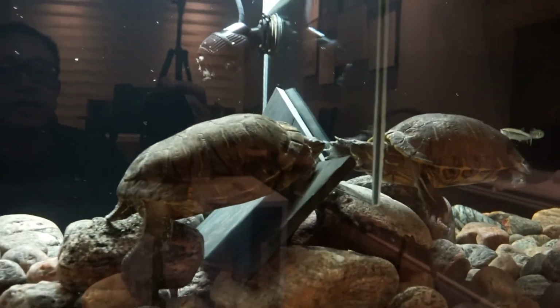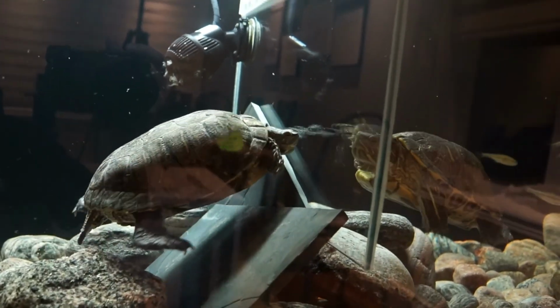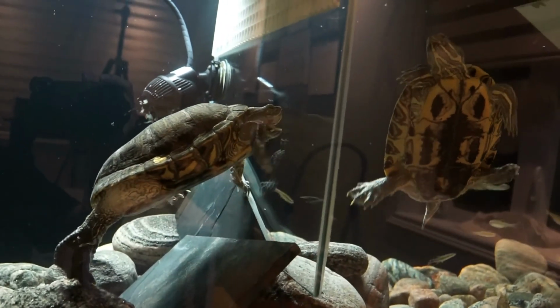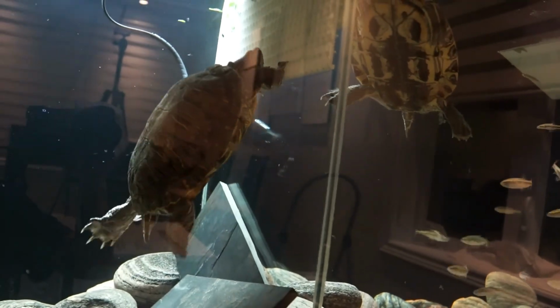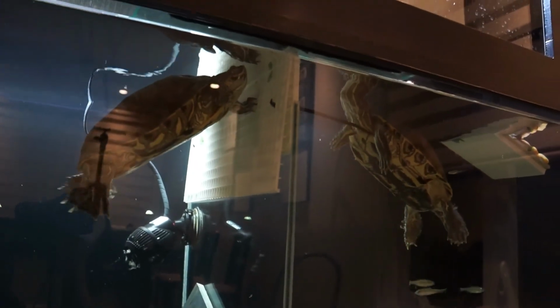Look at these guys. They're just fighting, which is why I had to separate them. They don't like each other at all. Although they have been living with each other for over 10 years, they still don't like each other. Anyways,